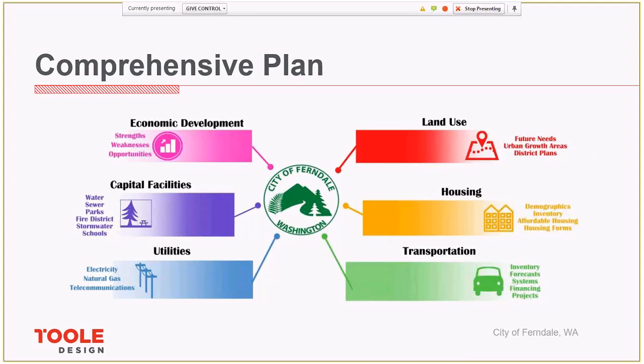So a comprehensive plan is what it sounds like. It takes into account a lot of different things and is a long-term plan that guides all aspects of the community's development for the next 20 or 30 years. It often includes a chapter on existing conditions and goals for housing, economic development, transportation, land use, public facilities, and the natural environment. Many times the comprehensive plan serves as a basis for zoning regulations.